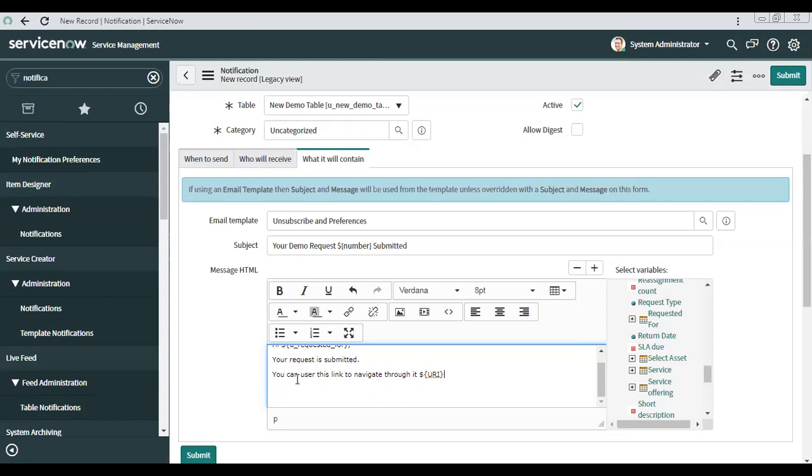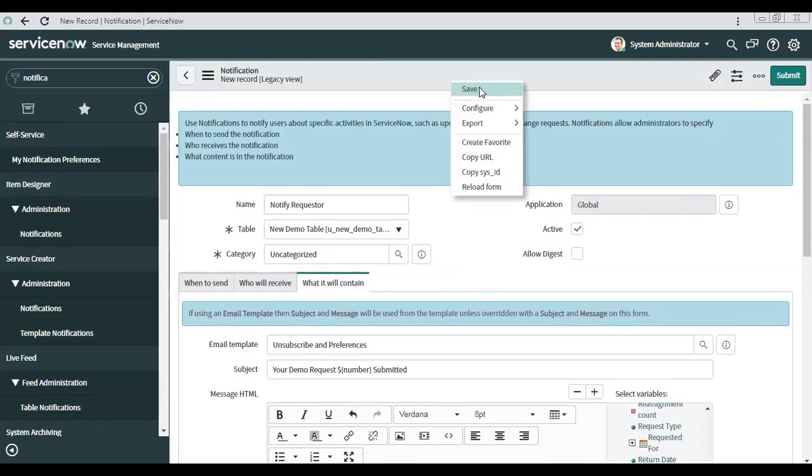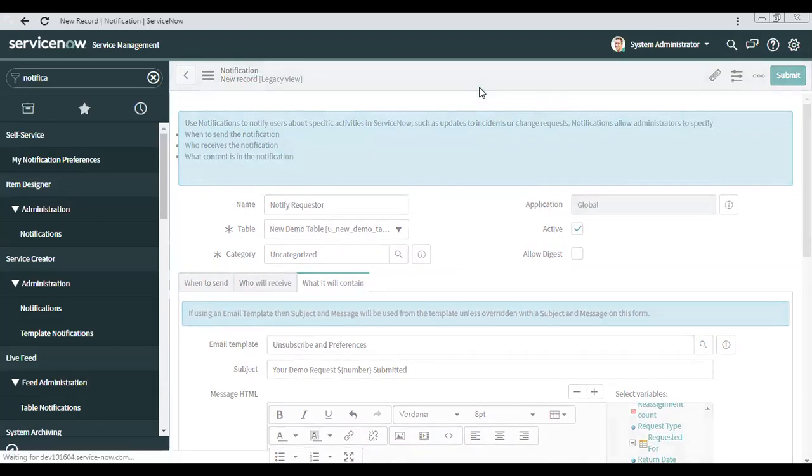We need to write that manually, right? We cannot select that field? Yes, you have to write that manually. And then you can say regards, or whatever service desk signature you have. Then I will save this.